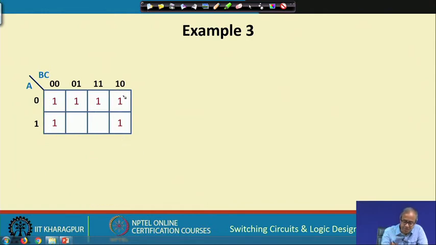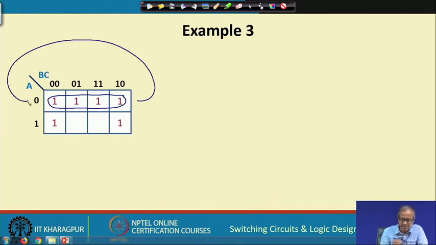The correct cube will be, this is of course as large as possible you can make, but you remember that I said that the rightmost edge and the leftmost edge are adjacent. So, you make a cube like this, these 2 here and these 2 here, these 4 together they are adjacent, right. So, if you do this, then A cancels out, 0 0 and 1 0. So, B cancels out and C is 0, C bar, only C bar, and this one is only A bar. So, it is C bar or A bar. This is the minimized form,